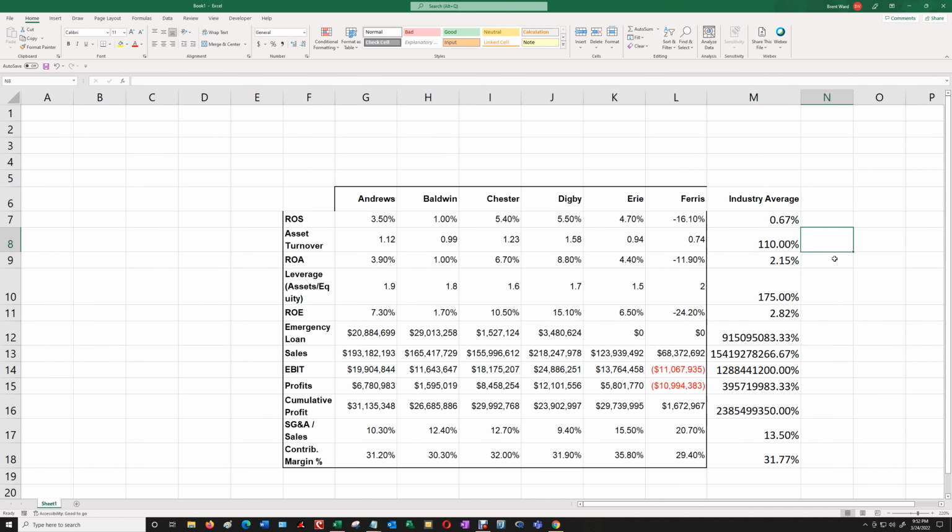Now you're going to have to do a little bit of cleanup because some of these numbers don't look right. For example, the emergency loan is not a %, so you're going to have to change that into dollars and get rid of the pennies. Sales, again, change that into a number and get rid of the decimals. EBIT. In fact, what we could do now is take this format that we've just created, click on this, go to the format painter at the top left, and then scroll all the way down and paste it down,